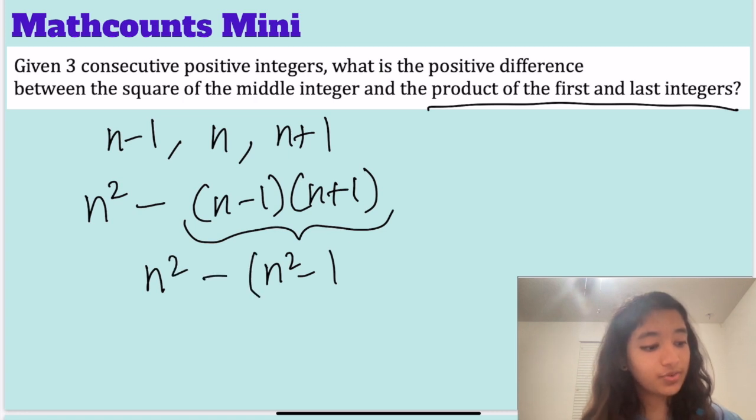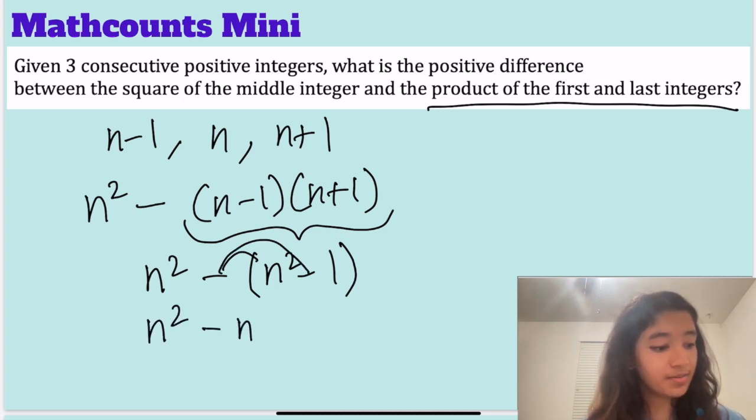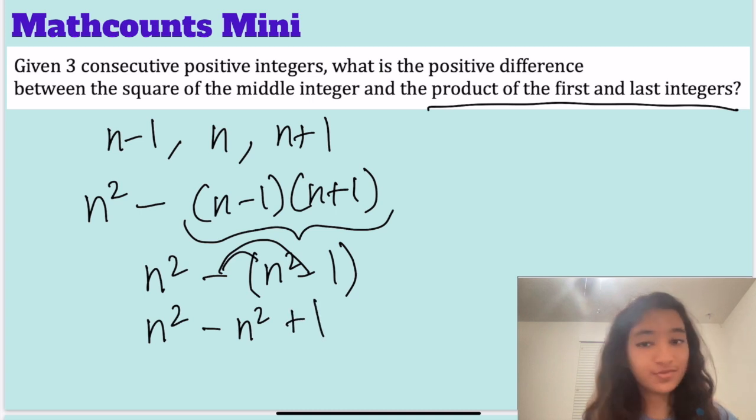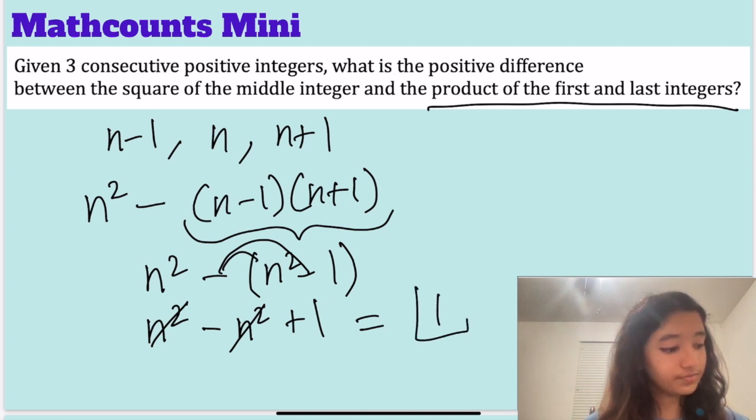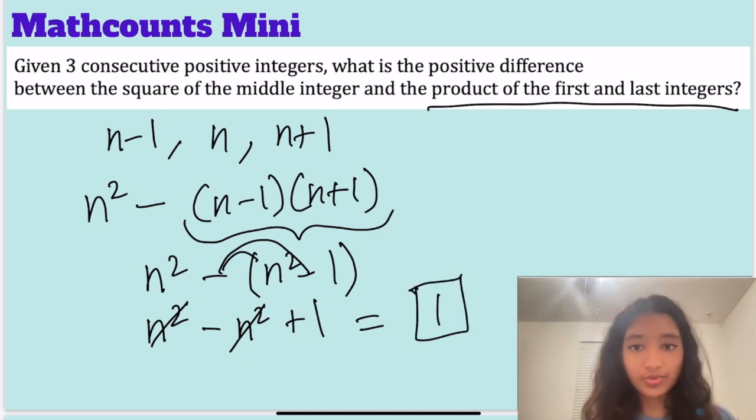So we're doing n squared minus the quantity n squared minus 1. So we can just distribute this negative sign, so that gets us n squared minus n squared plus 1. So n squared and minus n squared cancel out, and we just get 1. So that's the algebraic way to do this, but we notice that they aren't giving us many restrictions in this